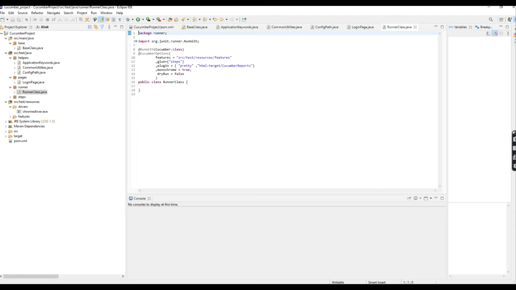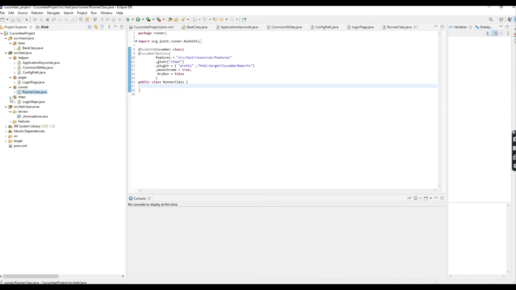Inside CucumberOptions, I defined the features file path, where I keep the feature file, and the steps package name where I keep the steps. I also define where I have to see the Cucumber report. After executing, I can see the Cucumber report under this target folder. This is the structure we follow for the runner class.